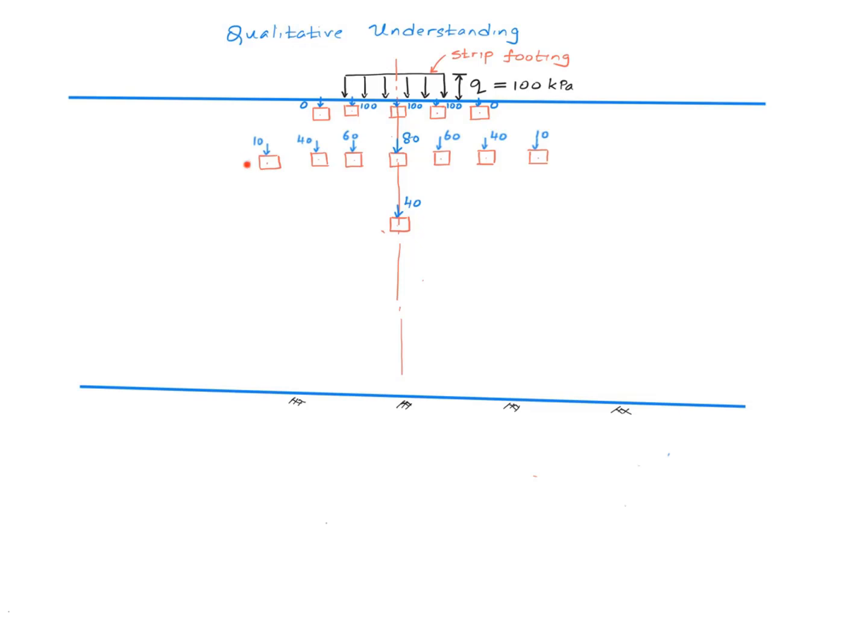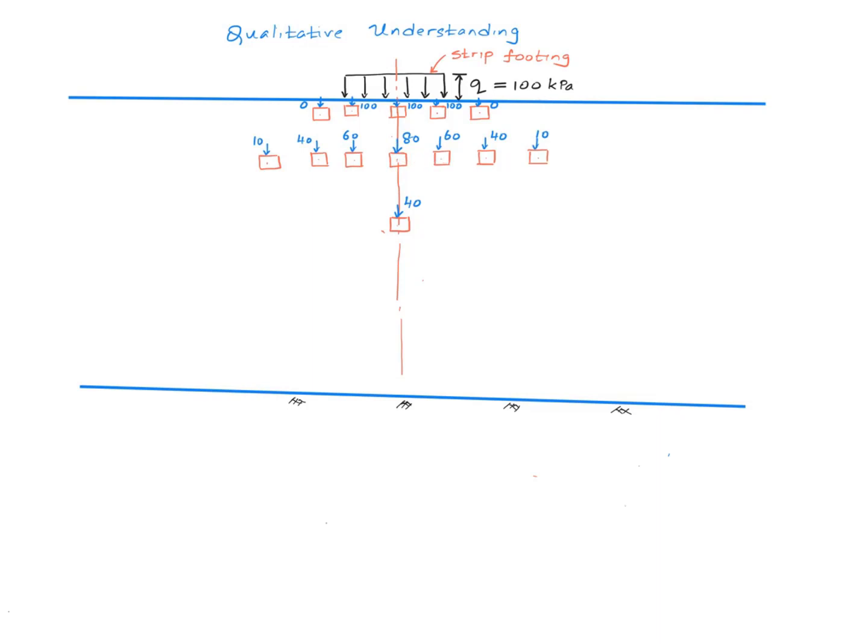A similar trend is observed on a horizontal line. As you move horizontally from the center line, the stress decreases. Let's just say these are the values of the vertical stress on these elements: 80, 60, 40, and 10. You may want to note that while these 2 points are at the same depth, the vertical stress on this element is smaller than the vertical stress on this element because this element lies at a certain distance from the